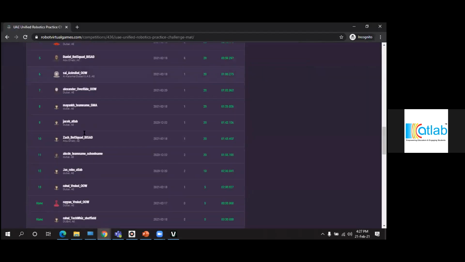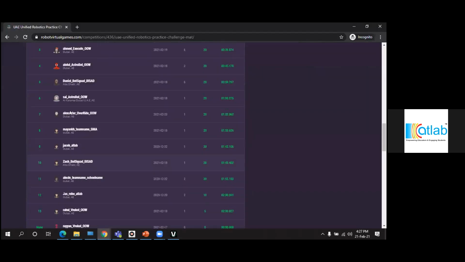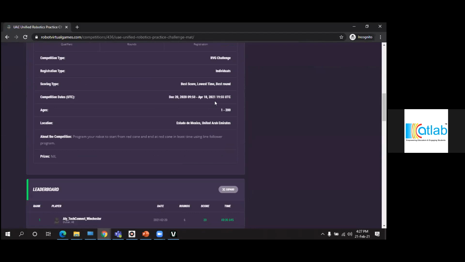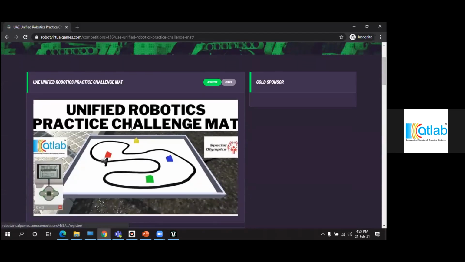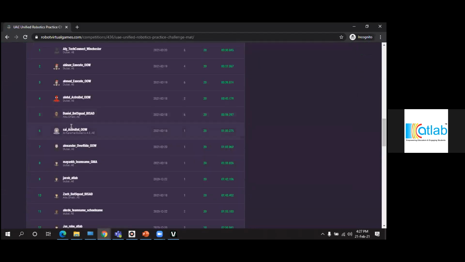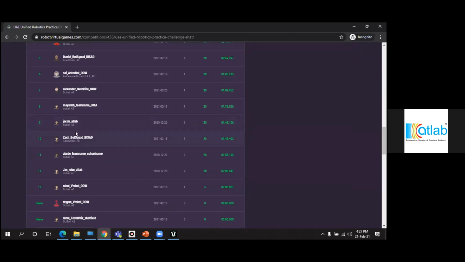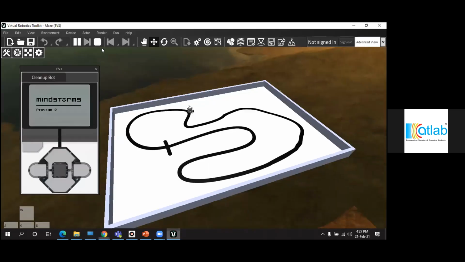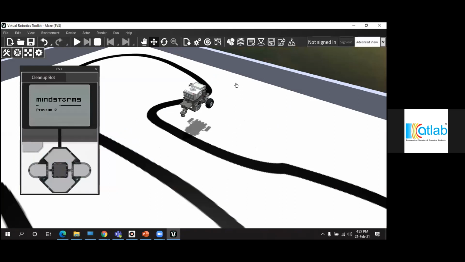You have to go down and make sure you have registered. If you're registered, you should see your name down. If you see your name, you can go to the VRT software, and then you have to sign in on the right hand side. I will show you that.